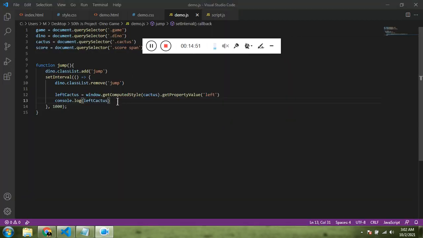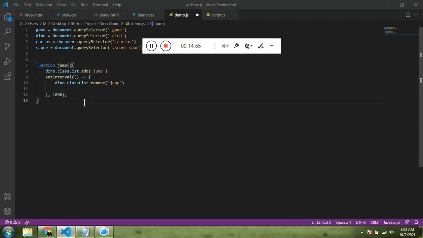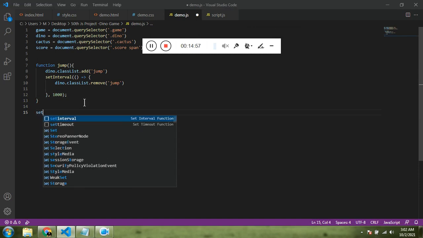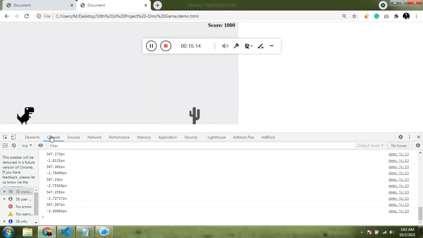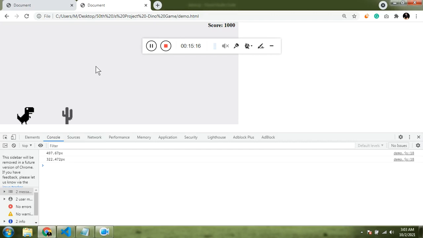So instead of writing it in the same set interval, let's create a new set interval. This is going to run when the page loads, every 100 milliseconds. For testing, let's make this 500, but actually it would be 100 milliseconds. So when the page loads, this set interval is going to run and give you the value. Cool.